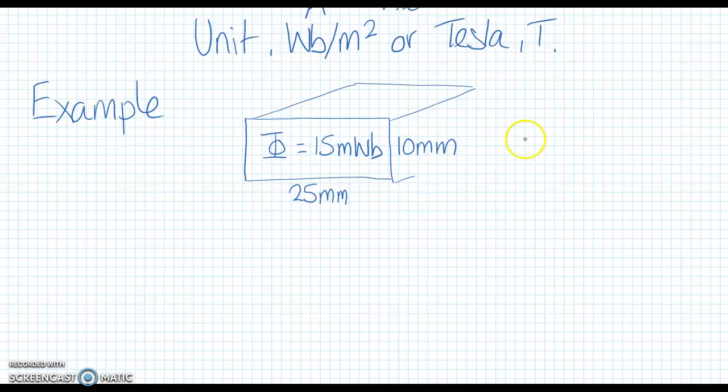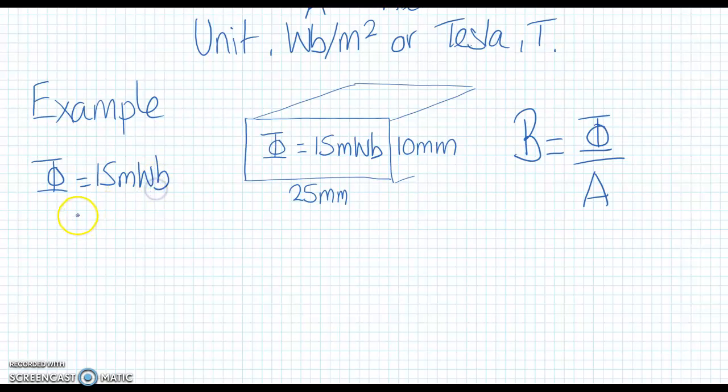As always, the first thing we do is we write down the formula. Formulas are like tools. If we remember the formulas and we apply some basic maths, we can get the solution. So we're going to work out the magnetic flux density of this arrangement. We know that phi in the question is given as 15 milliwebers, but be careful because that's a prefix, so the actual value is 15 times 10 to the minus 3 Webers,